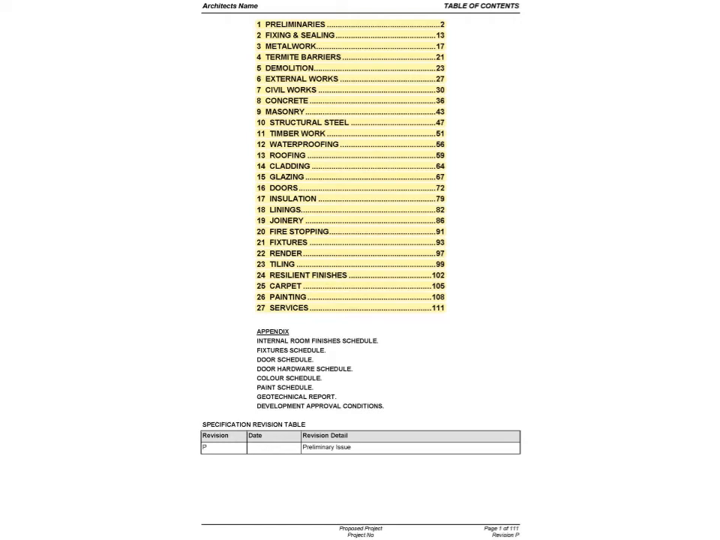We start with page 1, the table of contents. Here is the specification, a single Word document of 27 sections. Under this are appendix items, with some typical ones from the master. Then we have the revision table, with revision P, preliminary, followed later by revision T for tender, or whatever is